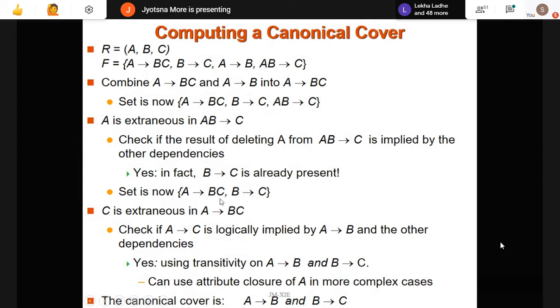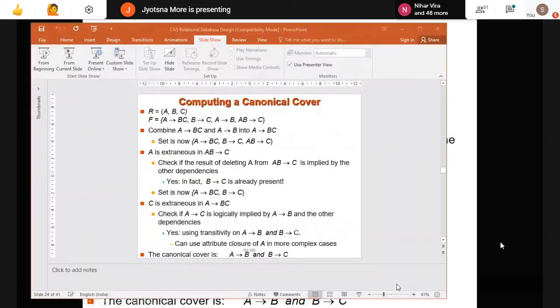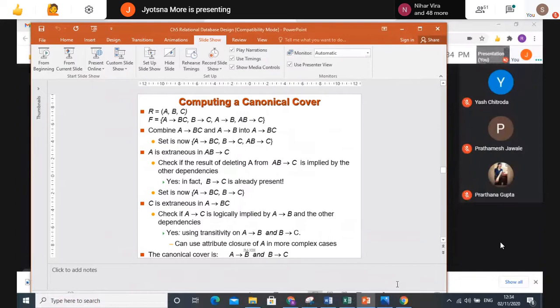So I am removing this C from here. So I am getting A determines B and B determines C. Using this, I will get A determines C, which I was getting while keeping the extraneous attribute, right? So that is also satisfied, A determines C. So I am removing C, and I am getting the final set as this, which is my final canonical cover, or final set of functional dependencies after removing the redundant information. Now it is clear. I will give one example for you people so you can try for that. Okay, so I'll continue.